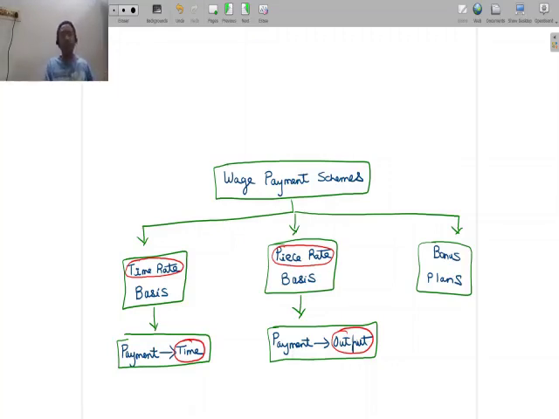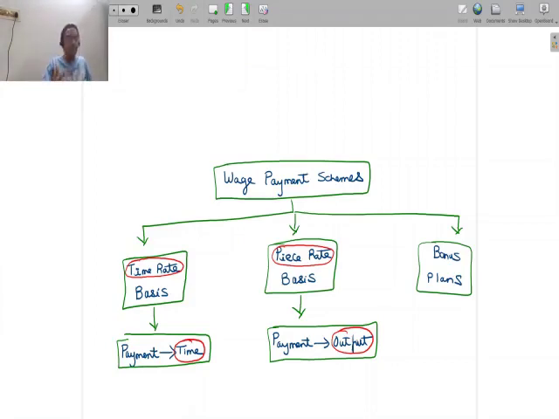Now, which of the two systems is better is not a discussion that we are going to be looking at, because each of the two systems would have its own set of advantages and its own set of limitations. When you look at the time rate basis, the advantage would be that every hour the employee works, he is paid for that. If he doesn't work for a few hours, he is not paid for that. And from the worker's perspective, he's going to feel happy. I put in 4 hours of work, I got what I'm supposed to get. So that's an advantage. But one limitation in the time rate basis that we can think of is